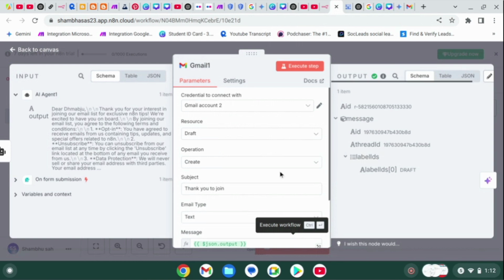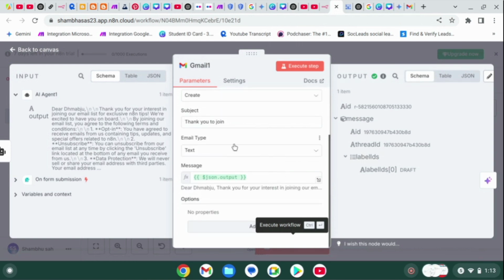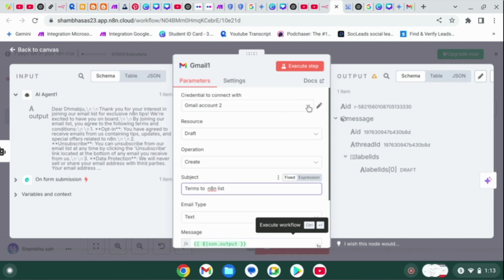We simply need to connect Gmail. Subject will be our terms to n8n. This will have our subject. And to connect Gmail, we simply click on create a